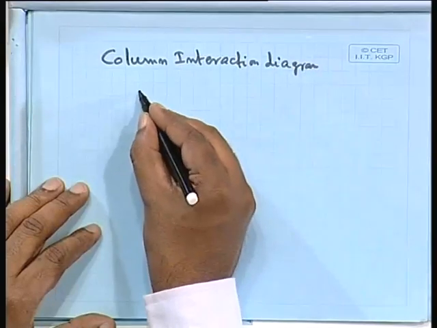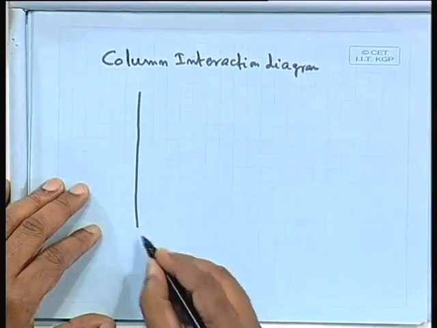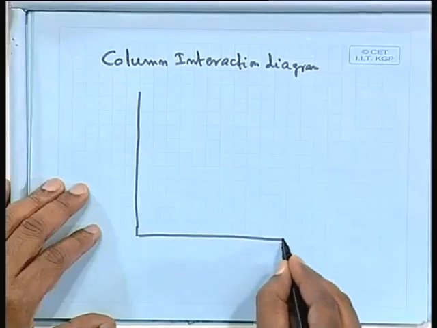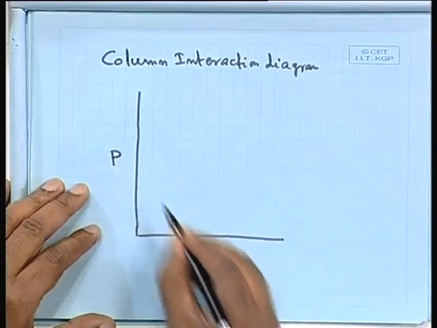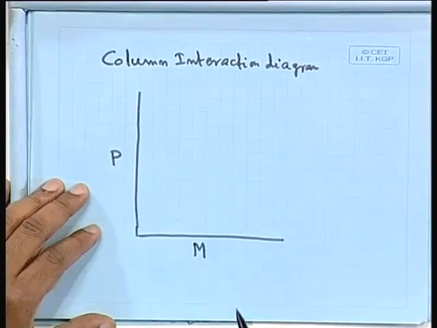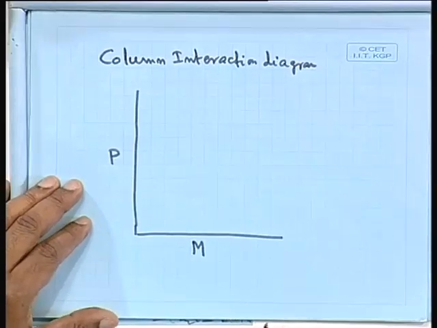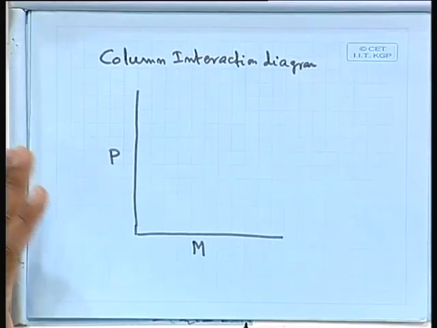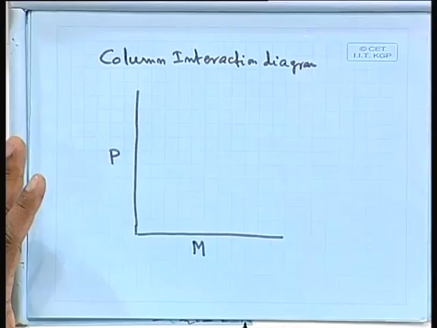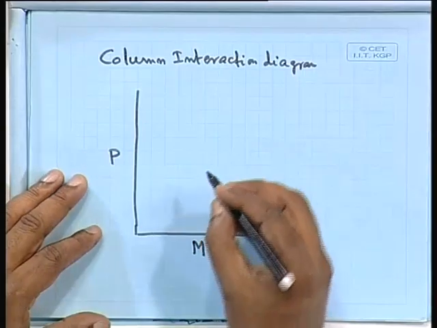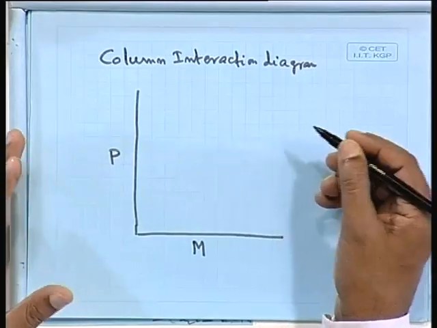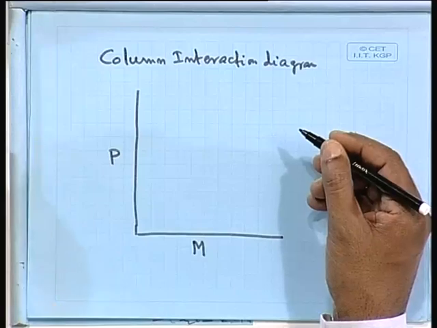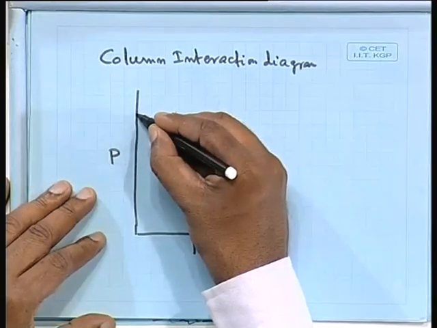So, what we do, we can say as if we are having P and we are having M. In one of the cases it may happen that there is no moment, already we have done it. It may happen there is a moment, and in another case it is possible there is no axial load. The interaction diagram comes